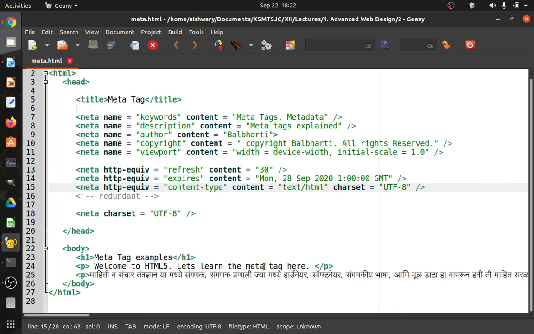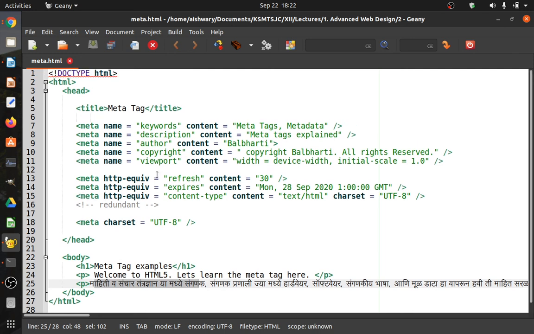For Devanagari, like this, if a page is going to have other scripts, then we need to accordingly change the rendering. Otherwise, some browsers may not be able to display that particular part. So here UTF-8 means Unicode. So Unicode text will be rendered properly here. The browser will come to know that the page is going to have some Unicode text. So in this way, a meta tag can be used.